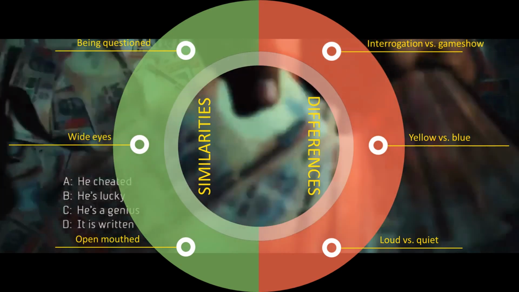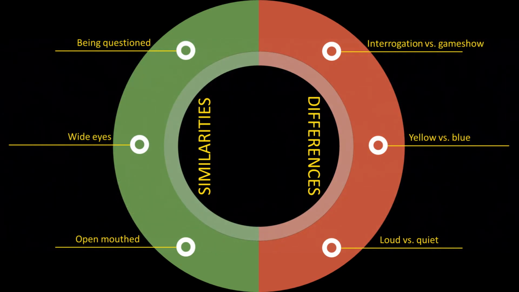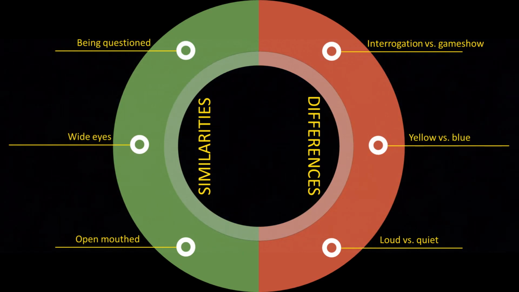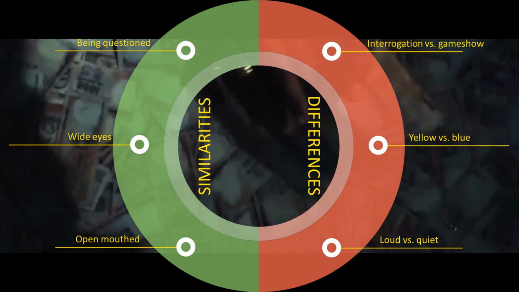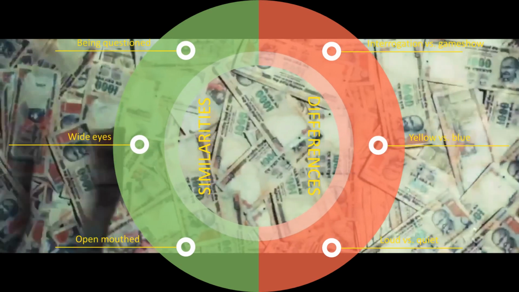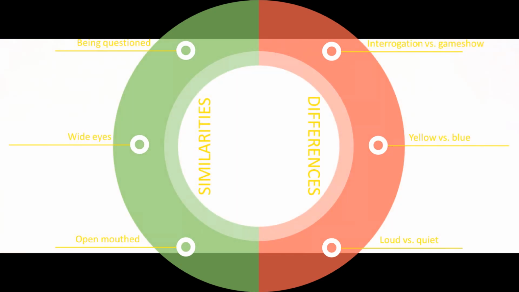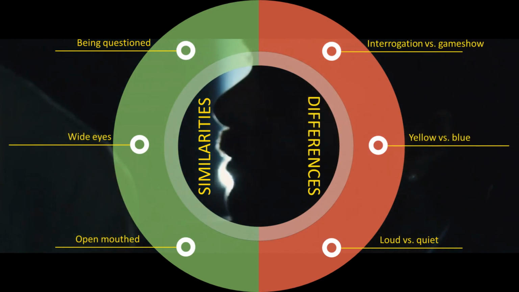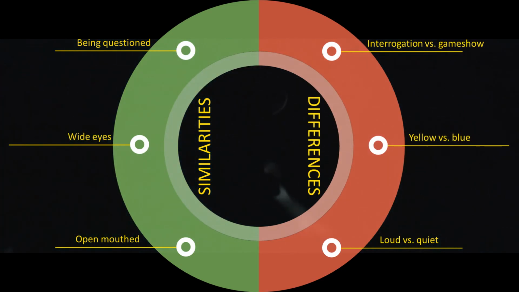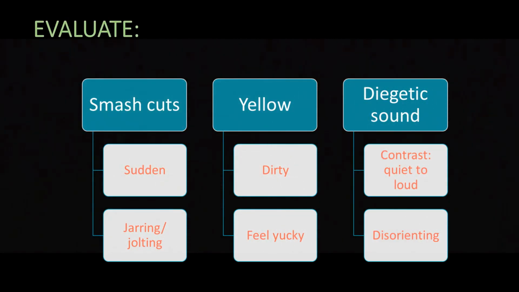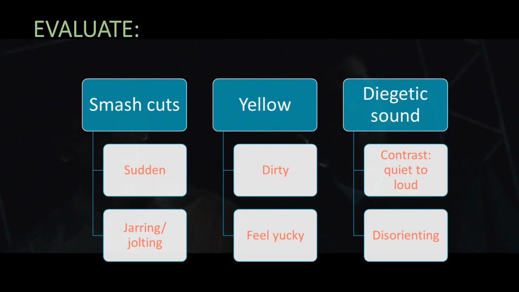So let's think about those similarities. He's being asked questions, and I think his facial expressions show that he's incredibly uncomfortable in both situations. I know some people dread being in front of a huge audience, so maybe being on the game show is torture for Jamal. We might even say that both of these scenes are interrogation scenes. So, to evaluate this scene, we need to ask if the techniques are being used effectively.